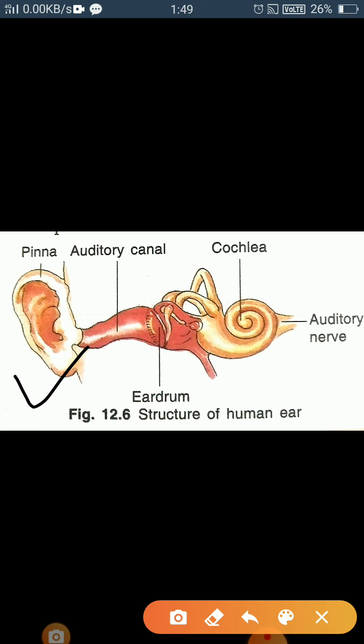The middle ear is an air-filled cavity which consists of a thin, flexible, stretched tissue which is called the eardrum. So first the sound is collected by the pinna, then it reaches the eardrum, where the drum vibrates and creates sound. And the eardrum is further connected to three small bones which maintain a very delicate balance